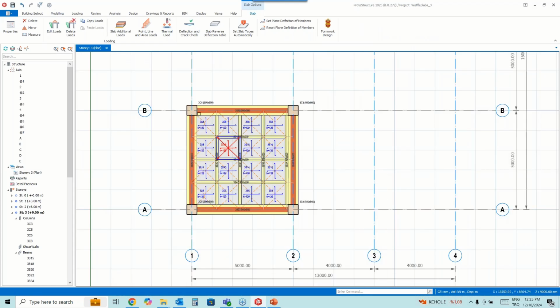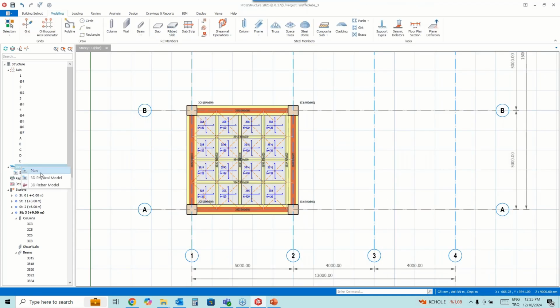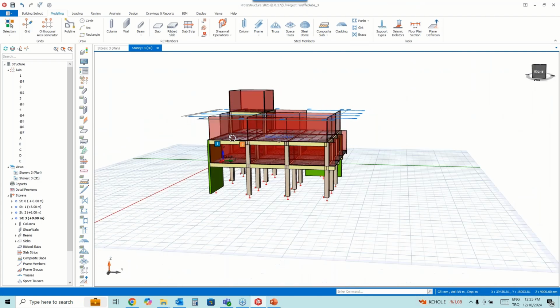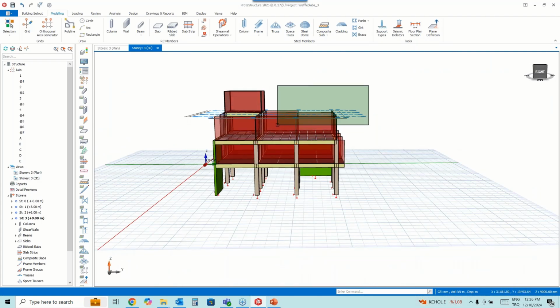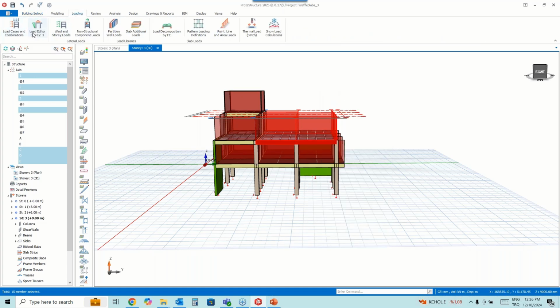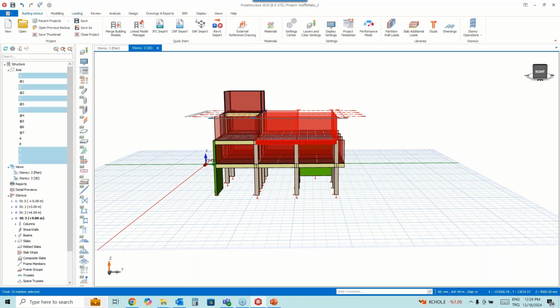Okay, so let me show in the 3D physical model. Some of the wall loads can be deleted in 3D view as well. Also, you can go to the loading. Here we have the load editor, so you can delete them in the load editor as well.